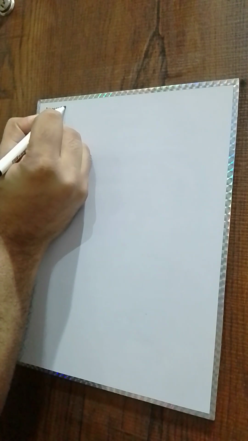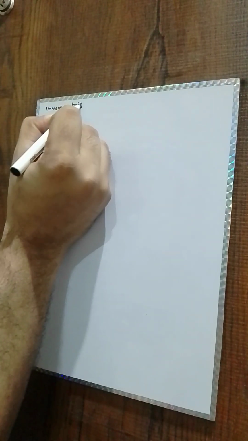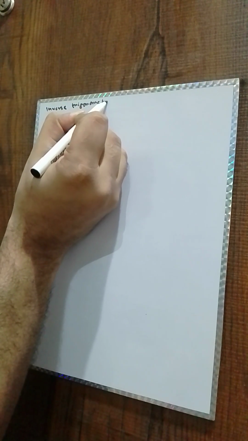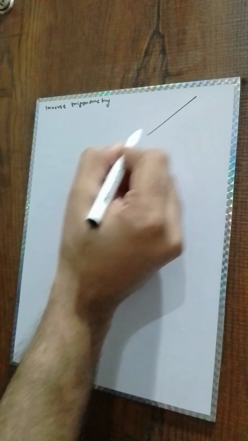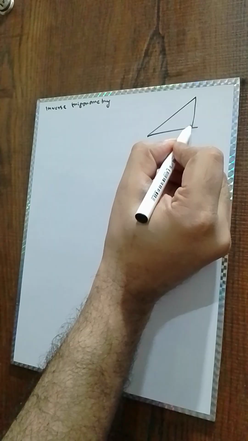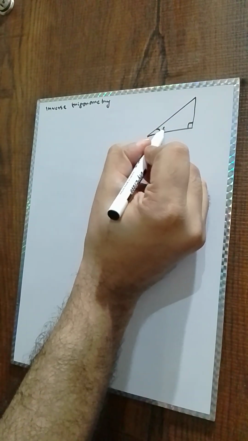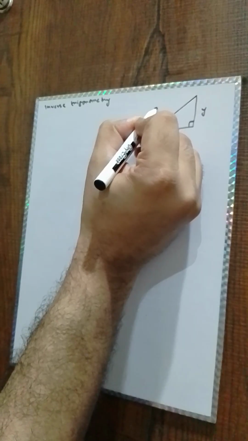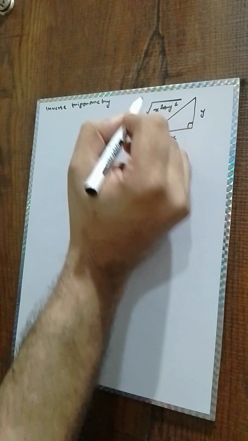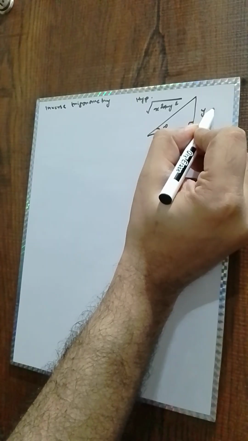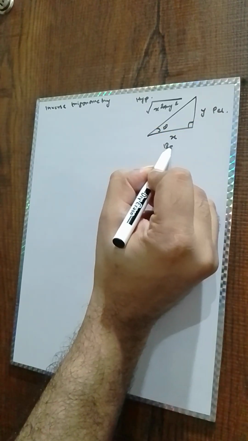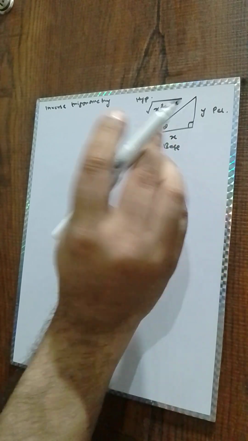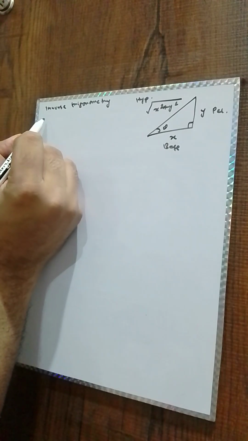So we do a little bit of inverse trigonometry, and for that we once again draw the triangle. Okay, so x here, y here, x square plus y square under the root. This is hypotenuse, this is perpendicular, this is base. Yes. So in this case we're given a function